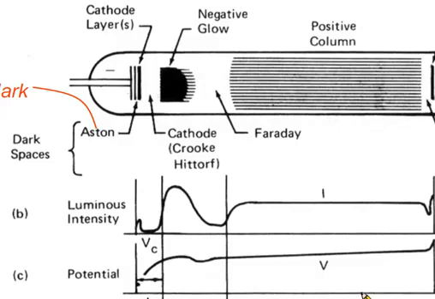So the cation will travel toward the cathode surface, and when it travels across the cathode layer region, it can be accelerated by the negative potential drop. So first the cation will obtain very high energy when it travels across the cathode layer region and then strikes